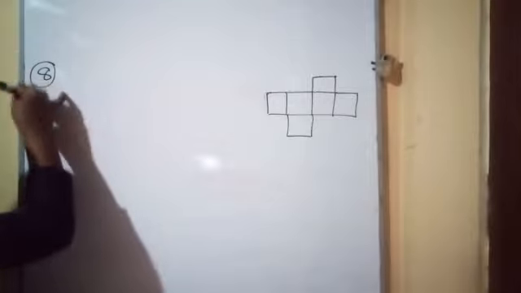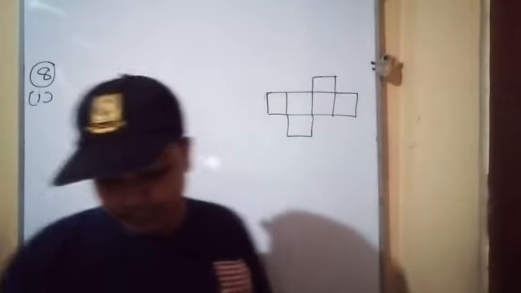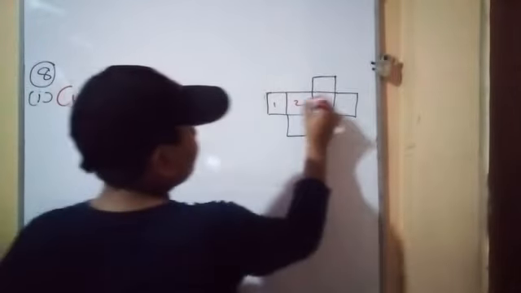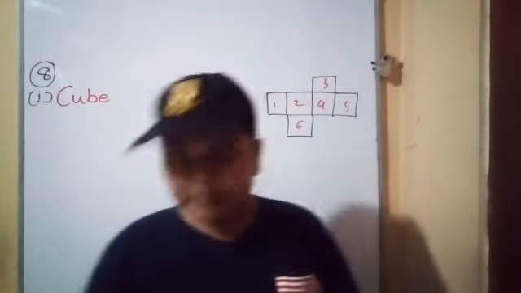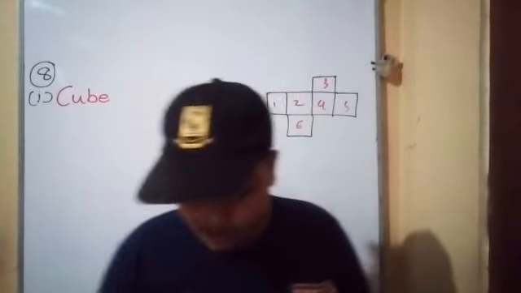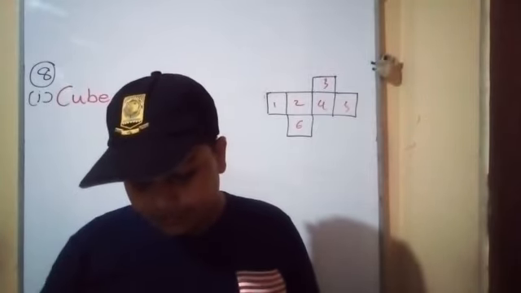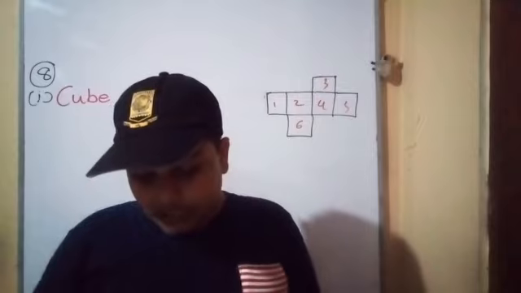Now, what is the first one in the 8th question? What is the solid? Cube. Because there are 1, 2, 3, 4, 5, 6 sides. That is a cube. Now, the second one: considering the number of vertices, edges and faces of the solid object, so that Euler's relationship